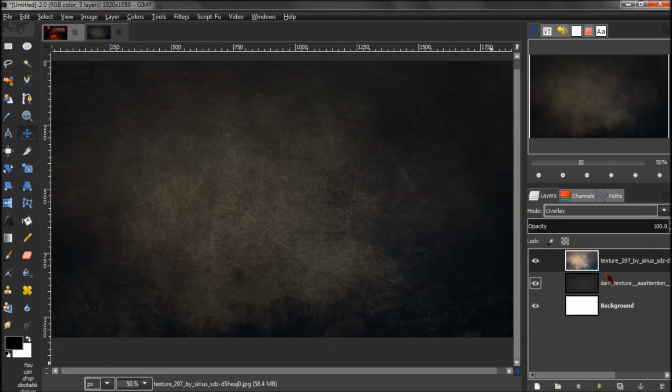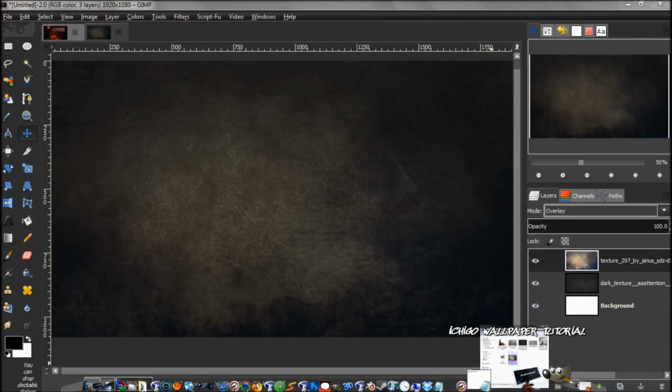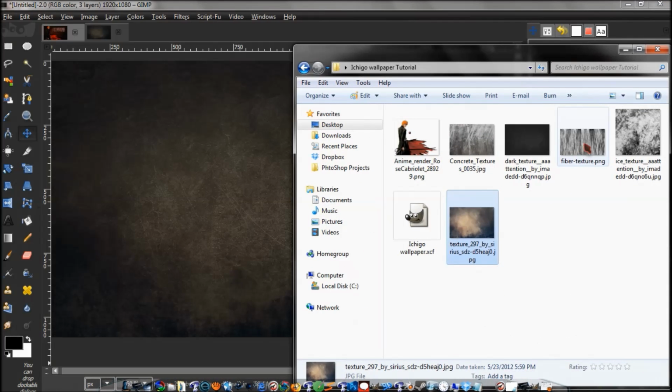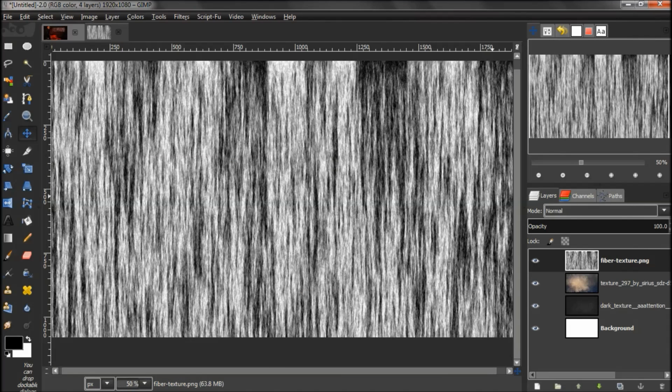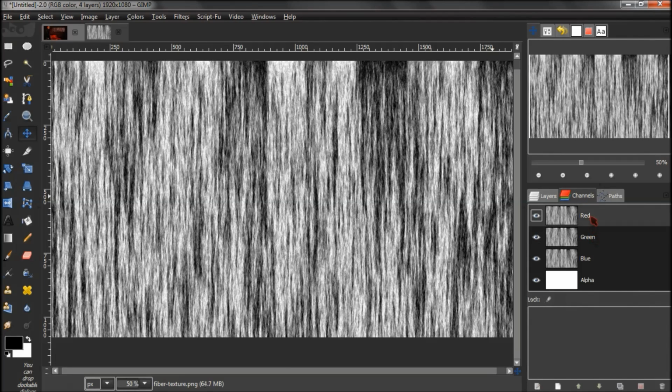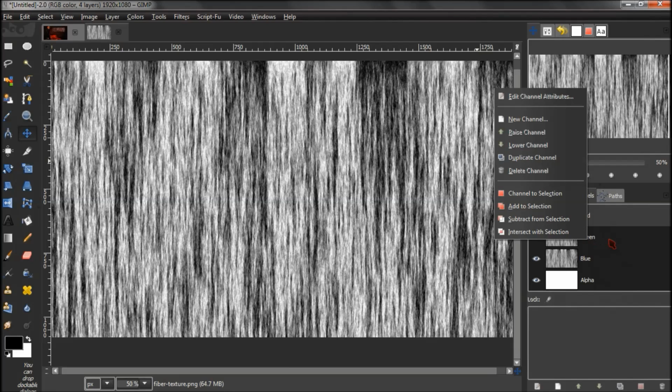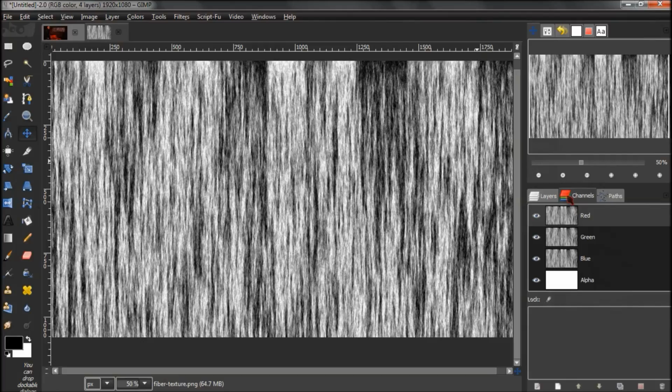And the next thing we are going to drag in is this fiber texture that I made. I'm going to go ahead and drag that in there. And we're going to go to the channels, and we are going to click off, okay, this is a new theme on here, so I haven't used this one before, but I was just making sure. Just click off the red one, and then go down to the green and go Channel to Selection,